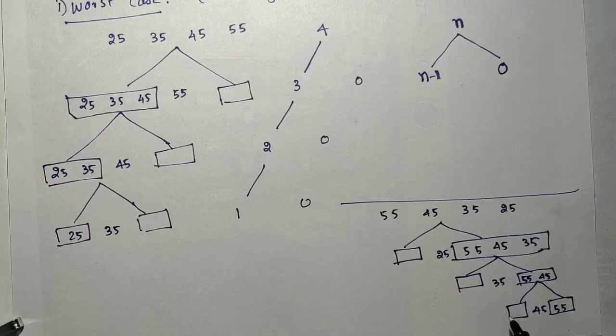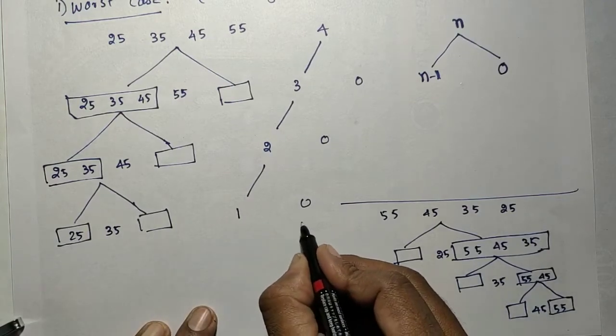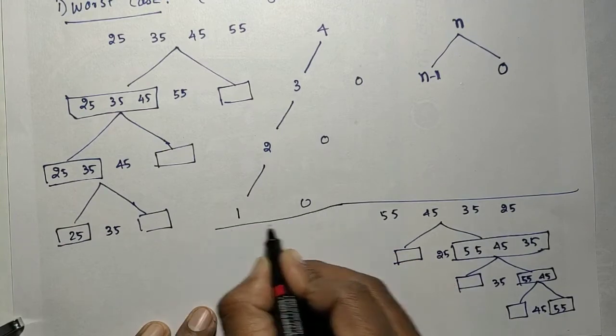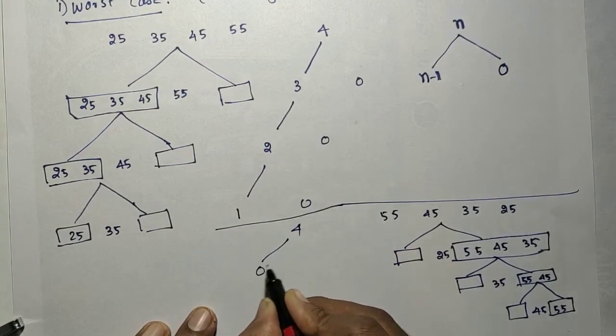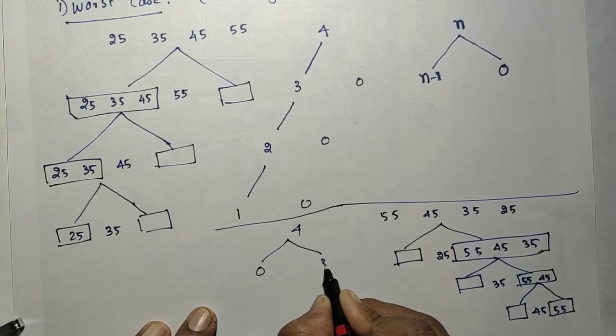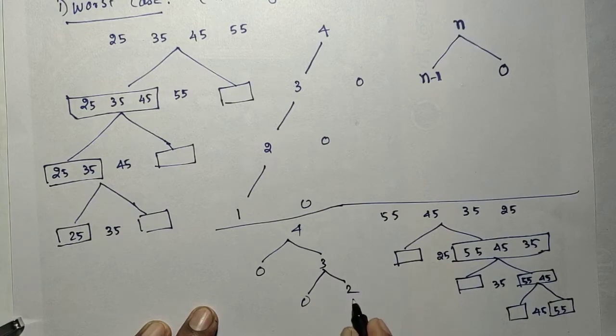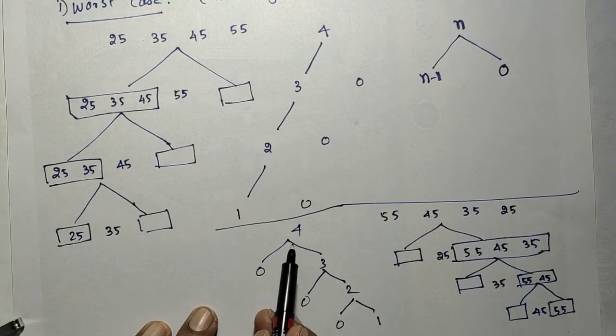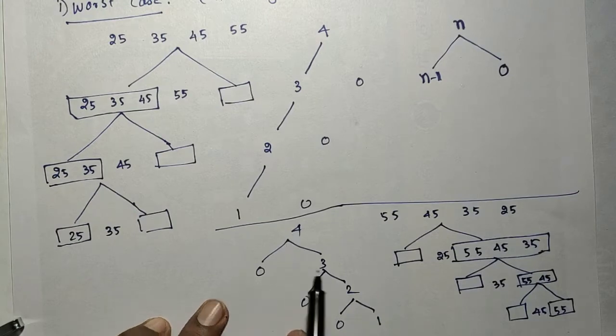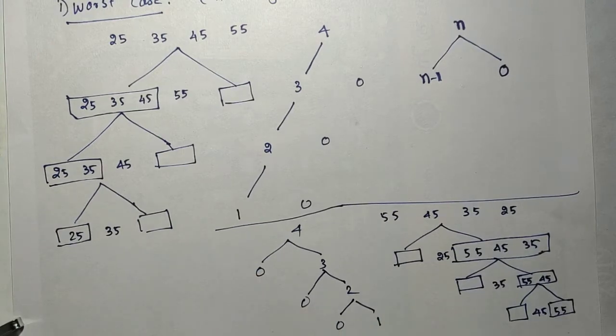Okay, so in this case, the 4 input is divided into 0 and then, in the first level, 3. 0 and 3. In the next level it will be split again into 0 and 2. The next level it will be split into 0 and 1, like that. So the subproblem is what? The main problem is divided into 0 and n minus 1, like that.